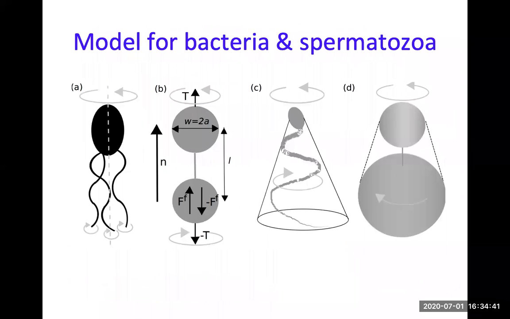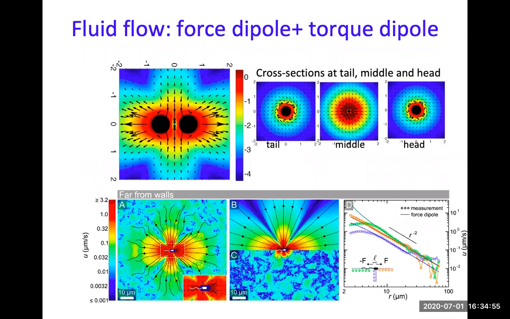So computationally, this is good if you want to look at collective motion, and you can vary the shape of the beads in case you want to do an asymmetrical swimmer to mimic spermatozoa, and add more beads if needed. So does this torque dipole matter, right? So the fluid flow, if you look at the cross section along the swimmer, of course, it looks like this force dipole, fluid flow coming out in the middle, going out at the front and back. But if you take cuts along the head and tail, you will see that this rotation of the head and tail induces a lower order fluid flow.